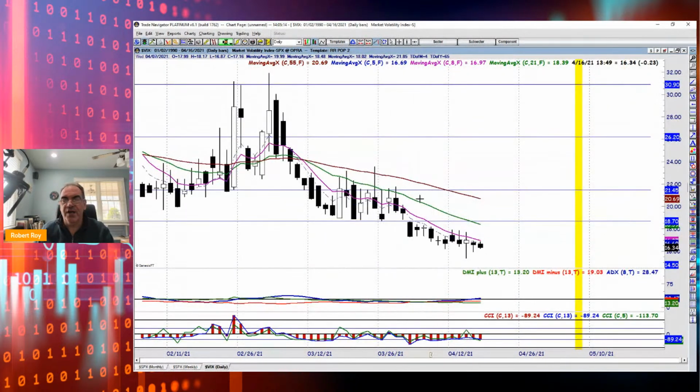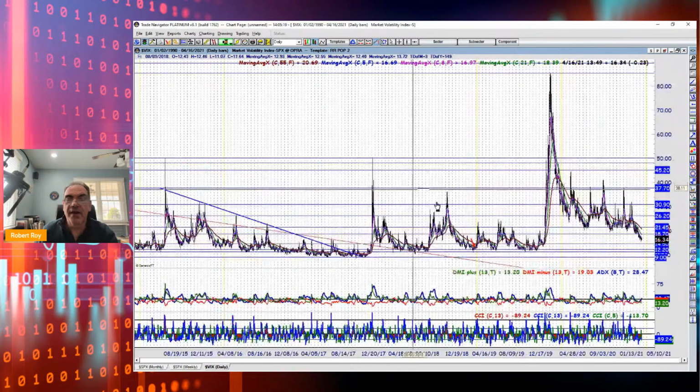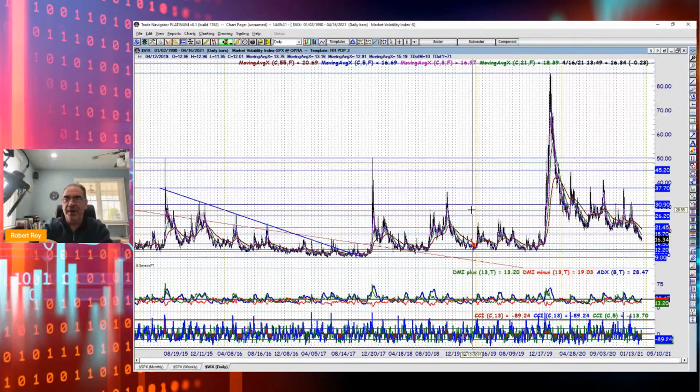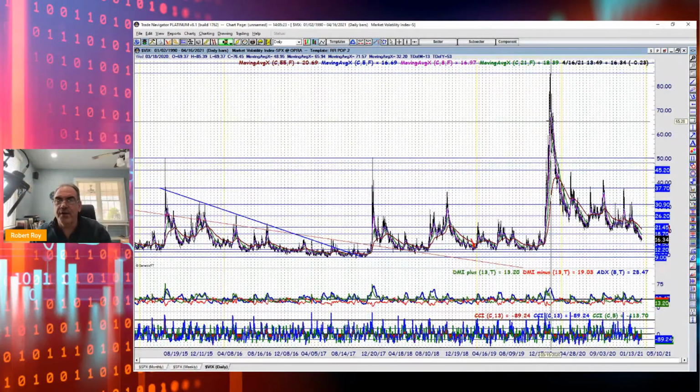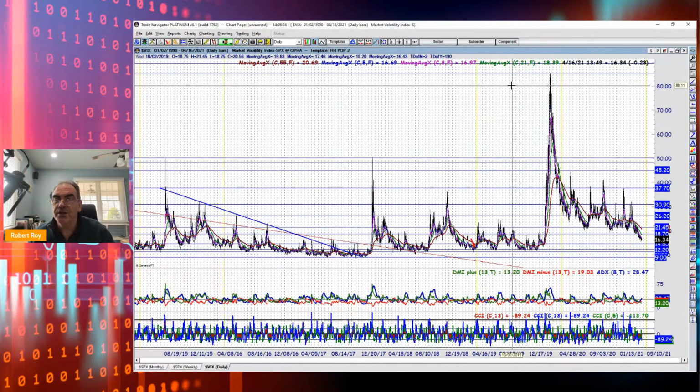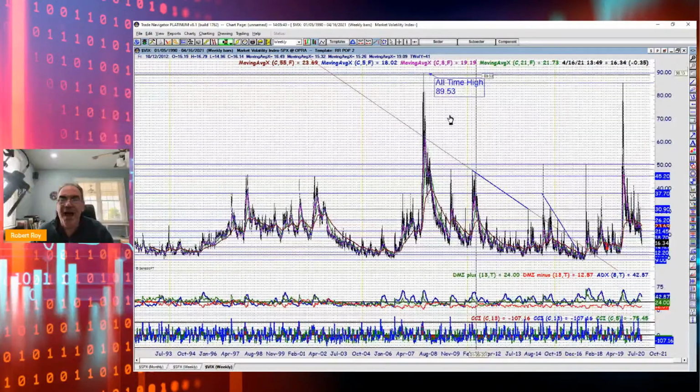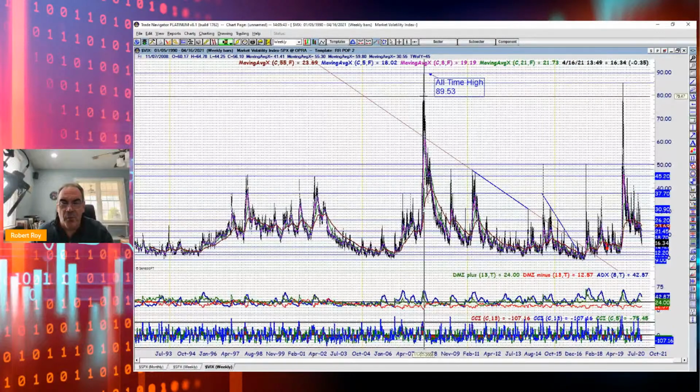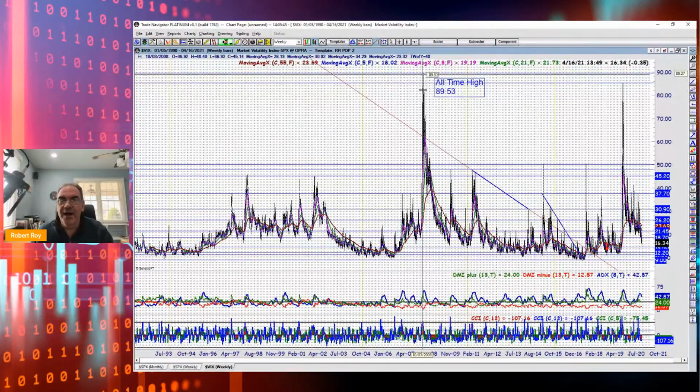I'll bring it in a little bit tighter for you to see it. Actually, I'm going to bring it out a lot for you to see it, right? Very long picture, big. You can see all of this COVID garbage drove the VIX up here to almost 85 points. There's a line at 85.39, but that's this, 85.39, right? There's only been one time historically that VIX has been higher than that, and that is back here in 2008 with the market crash from the housing debacle. That was it right there.